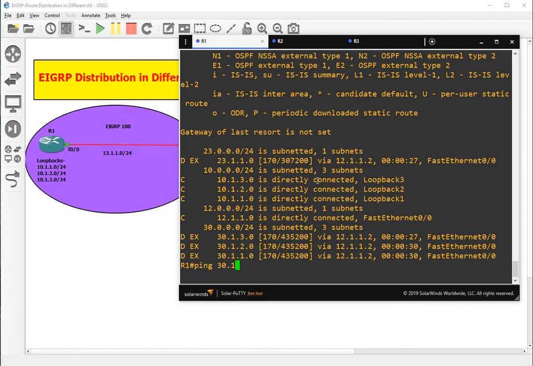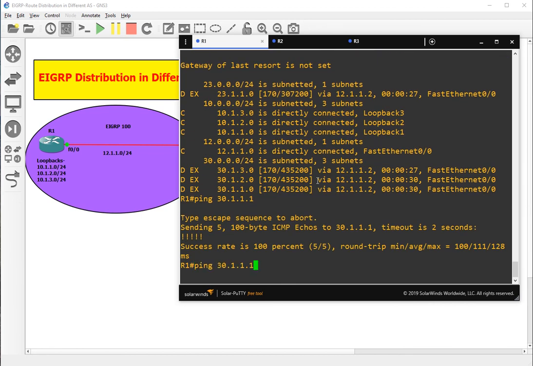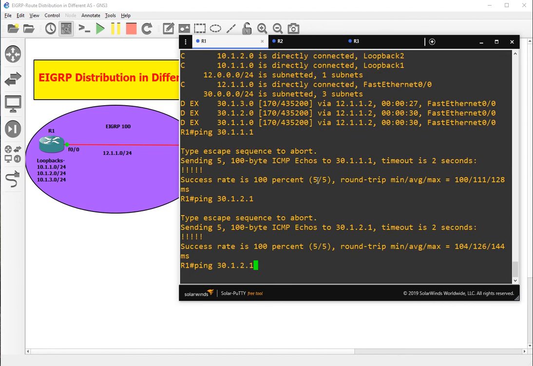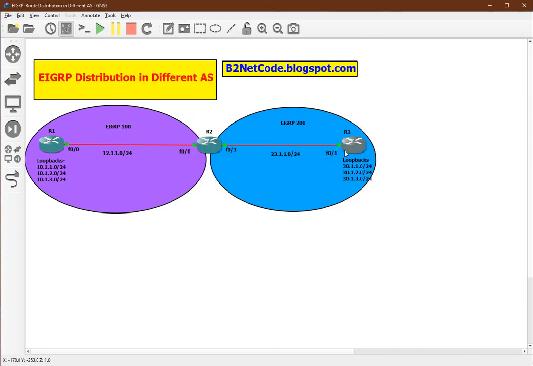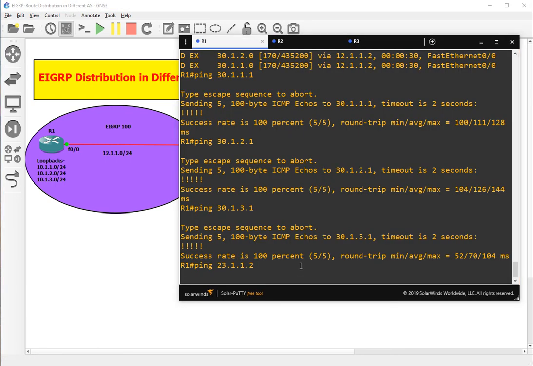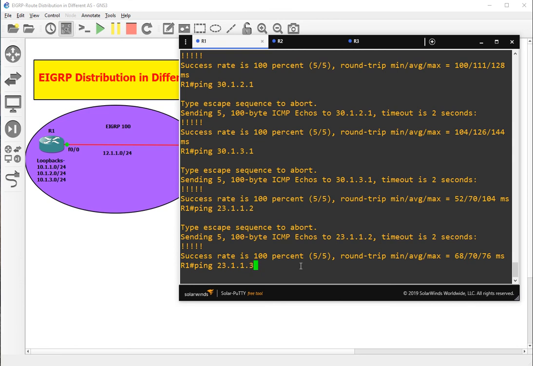Ping 30.1.1.1, 2, 3, and 23.1.1.2. That is for this interface, 23.2 is for this interface, 3 is for this interface. Okay, so both will work.